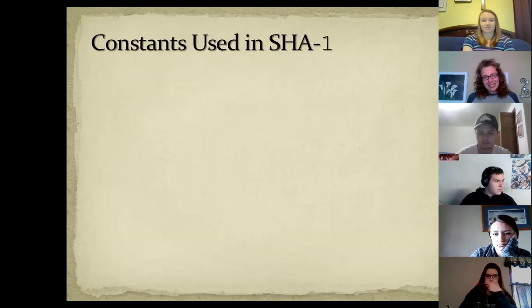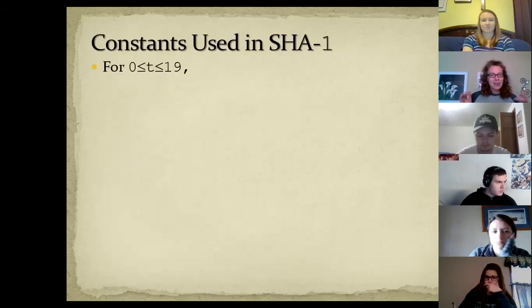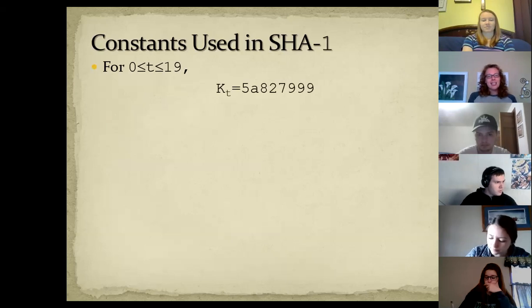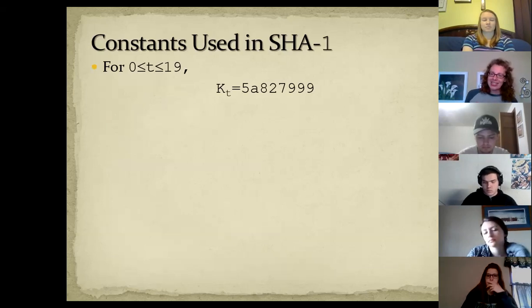Next, we've got some constants that get used in SHA-1. Again, we've got these values of T. If T is between 0 and 19, there's my constant. Remember, this is hexadecimal notation. That's why there's an A in there. So I can have numbers 0 through 9, and I can have letters A through F. That's my constant. That looks totally and completely random. It's actually not. And there is a question on the homework assignment, once again, that you can choose to do if you want, that tells you where that constant comes from. It isn't as random as you think it is, which is kind of cool.